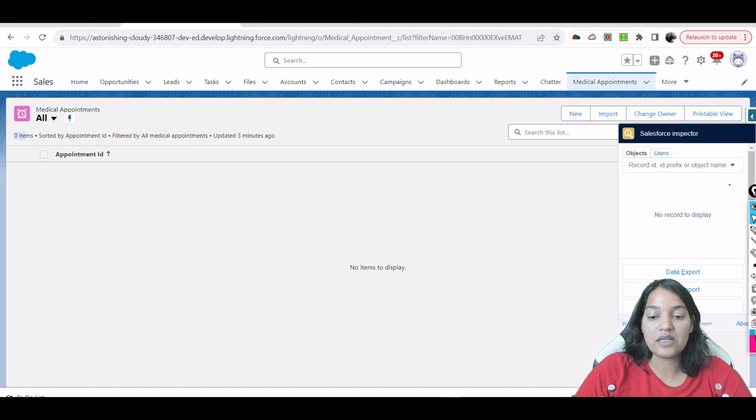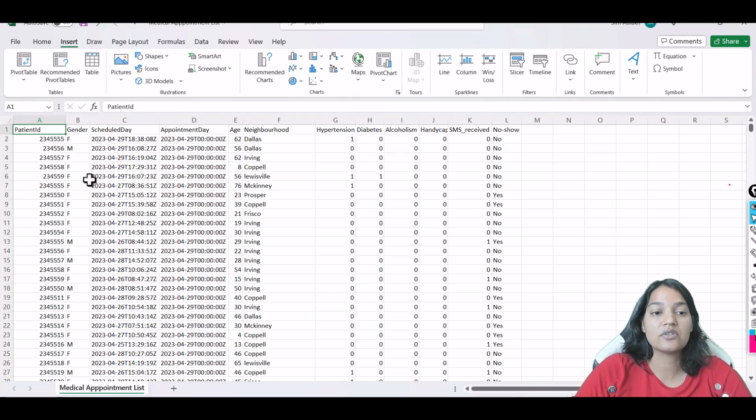The first thing is, let's take a look at the Excel sheet. This is the Excel sheet that I've created, and it has columns like patient ID, gender, schedule day, appointment day, age, the neighborhood he lives in, does he have hypertension, does he have diabetes, does he have alcoholism issues, handicap, was an SMS sent to him, did he receive the SMS, and also no-show: was he a no-show for previous appointments, or did he show up for his appointments. As you can see, I have added unique patient IDs,